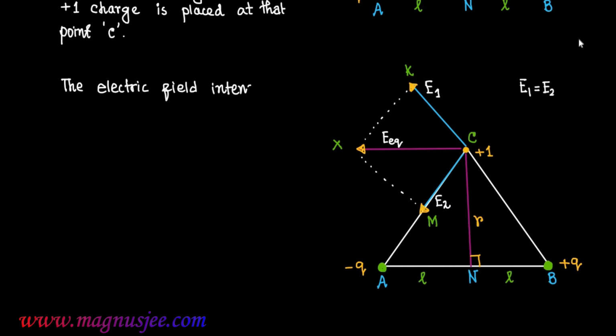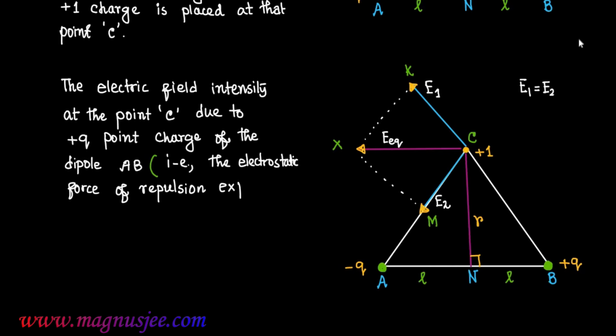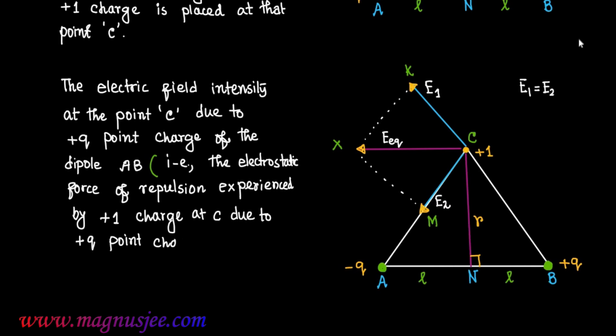The electric field intensity at the point C due to plus q point charge of the dipole AB, that is the electrostatic force of repulsion experienced by the unit positive charge, plus one charge, at the point C due to plus q point charge of the dipole AB at the point B, is given by